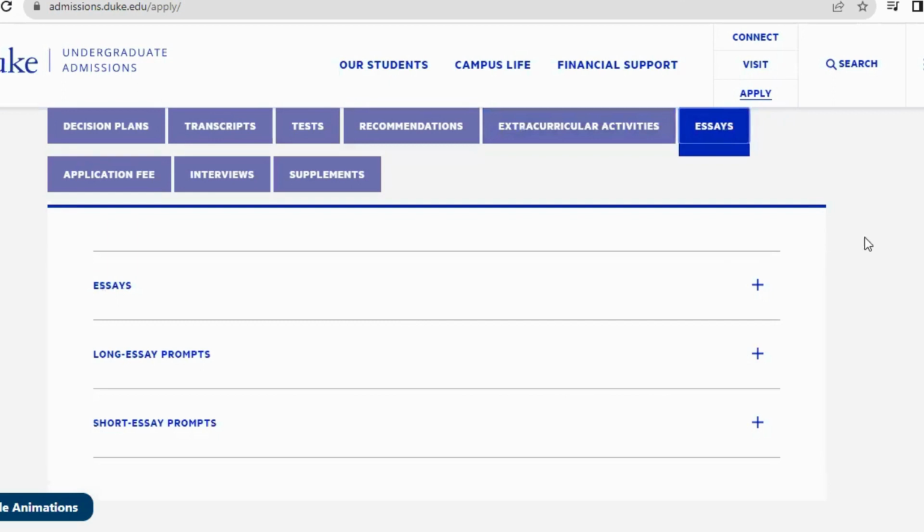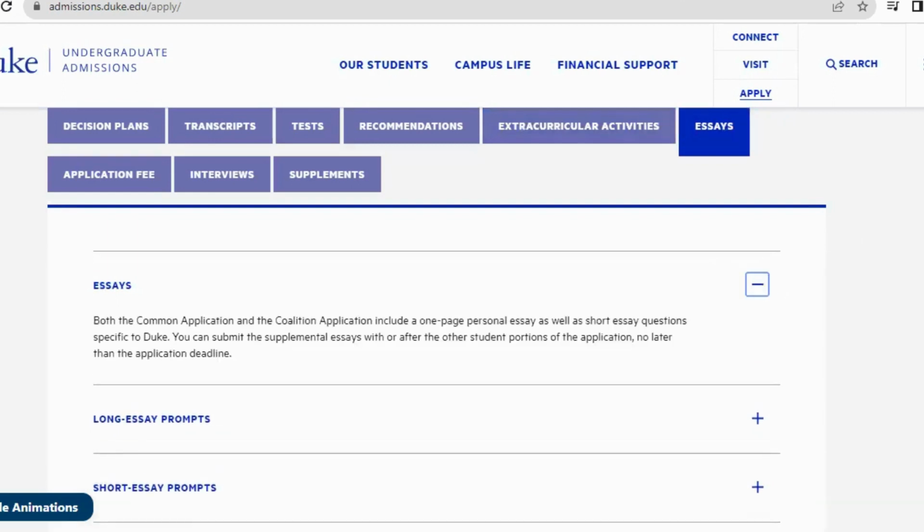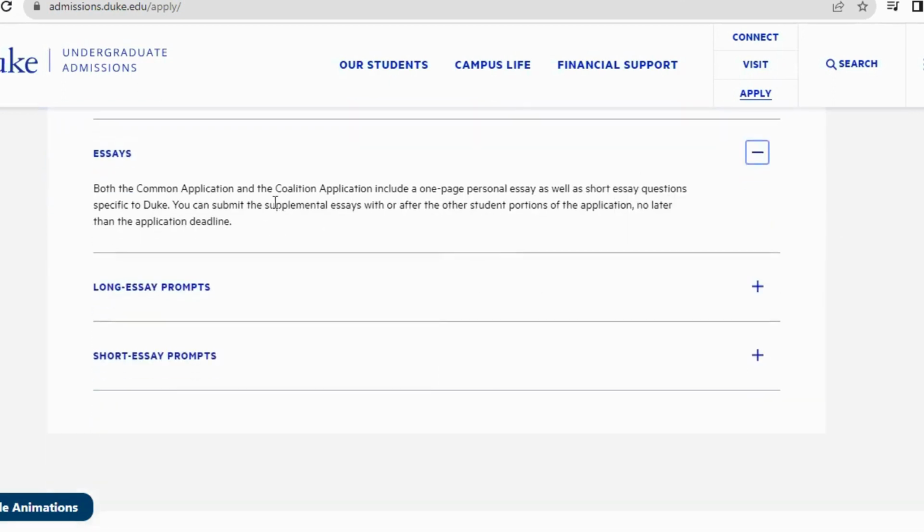For your essay writing, this is what is required of you. For essays here, it says both the common application and the coalition application include a one-page personal essay as well as short essay questions specific to Duke. All right, that's Duke University. You can submit the supplemental essays with or after the other student portions of the application, no later than the